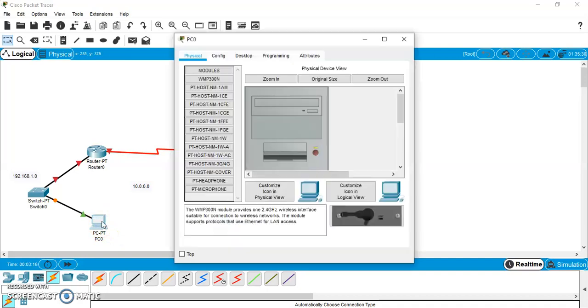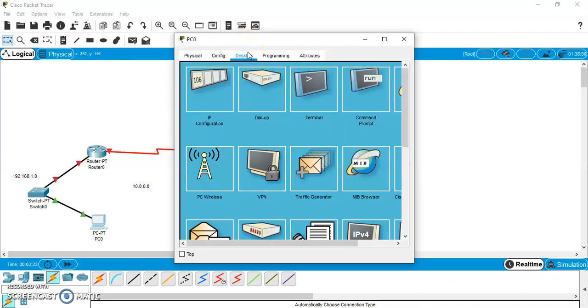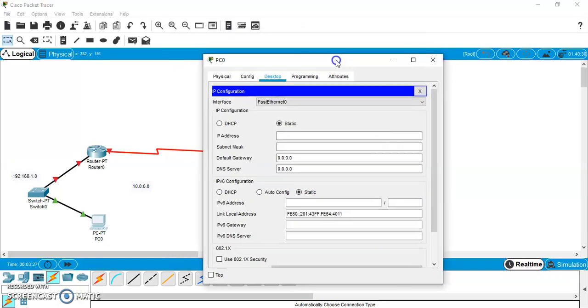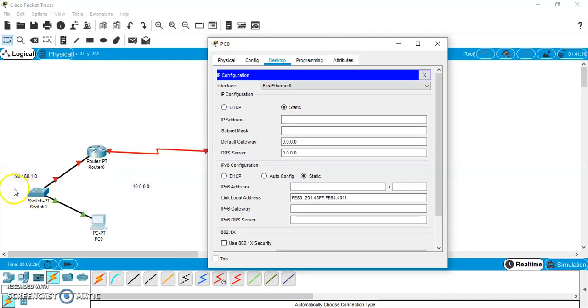If you remember the RIP practical, this is the way to give IP addresses to the PC. Go to Desktop, go to IP Configuration, and for this PC we are supposed to give the IP address.